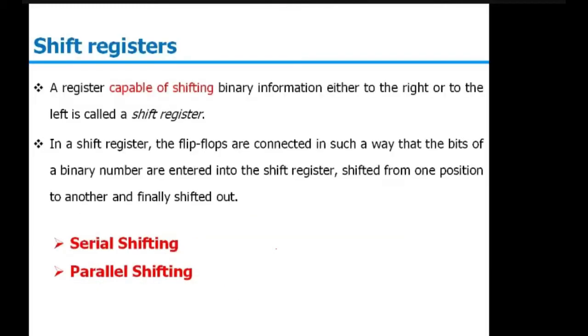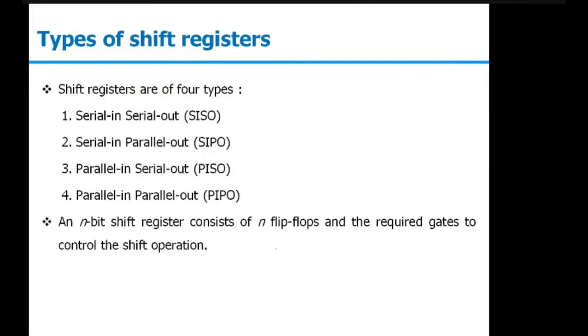So shift registers are capable of shifting the data, and we can classify them depending on how we are inserting the data and how we are shifting. We can have serial data loading or parallel data loading, and depending on that, we have divided this into 4 parts. First, serial in, serial out. So now you have some idea of what we mean by serial in, serial out: you are loading the data in the register serially, and you are taking it out serially. You are loading the data either at the LSB side or at the MSB side, depending on whether you want to perform a shift left or shift right operation.